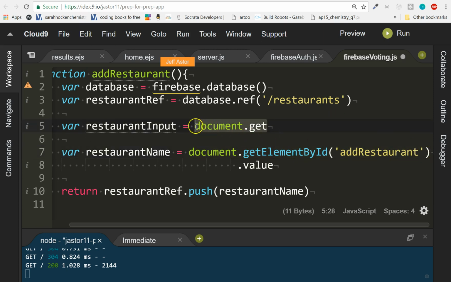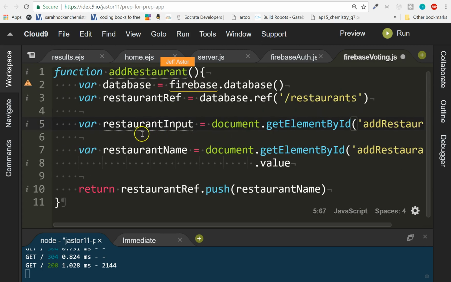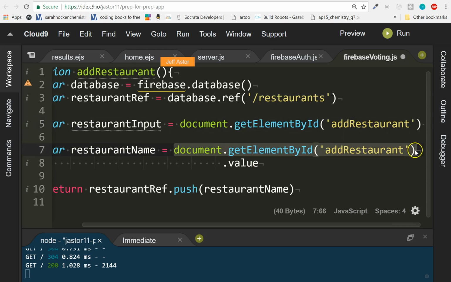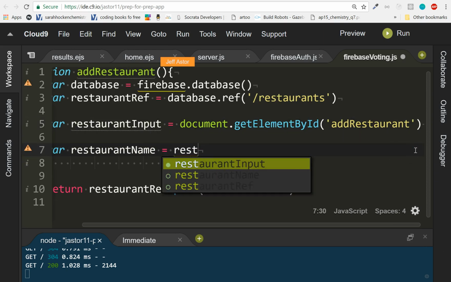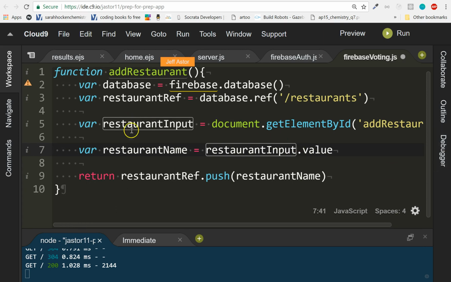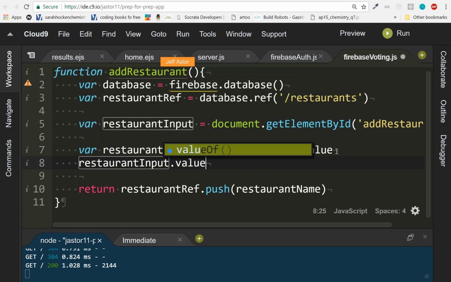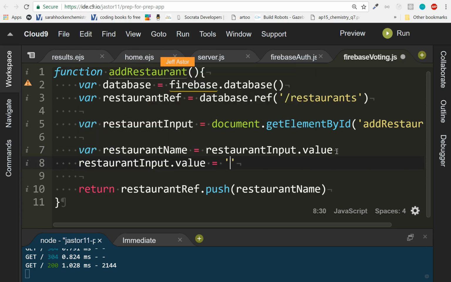So we get the actual input element itself stored in the restaurantInput variable. And then I'll say restaurantName equals restaurantInput.value, like this, so that the value gets stored in here. But then we're going to reset restaurantInput.value equals nothing, an empty string, so that now what we're doing is we're storing the element,